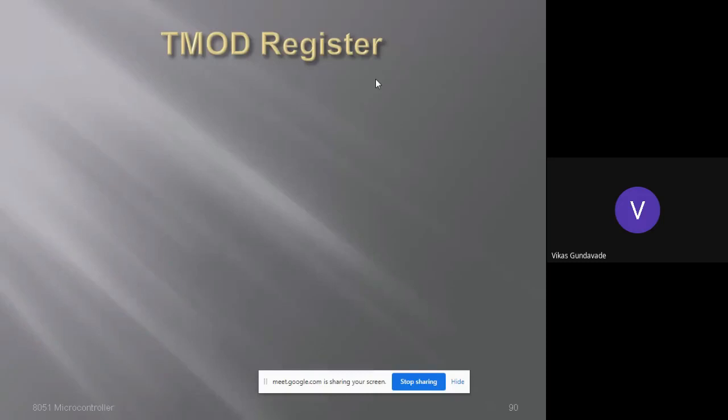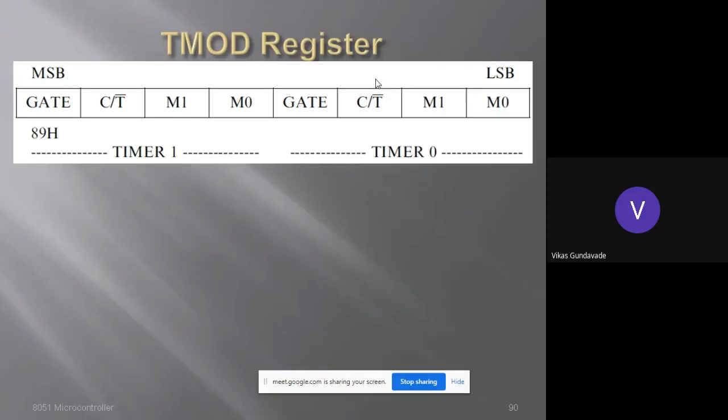Okay. Now, when we move further, about the TMOD register, one special function register. This TMOD register is used for the mode selection of the timer. For the microcontroller there are 2 timers, timer 0 and timer 1. To use any peripheral as a timer or counter, and to enable that particular timer or counter, we need to set this TMOD register. The 8 bits of this TMOD register are divided into 2 sections, in which the lower 4 bits are used for timer 0, and the higher 4 bits are used for timer 1.